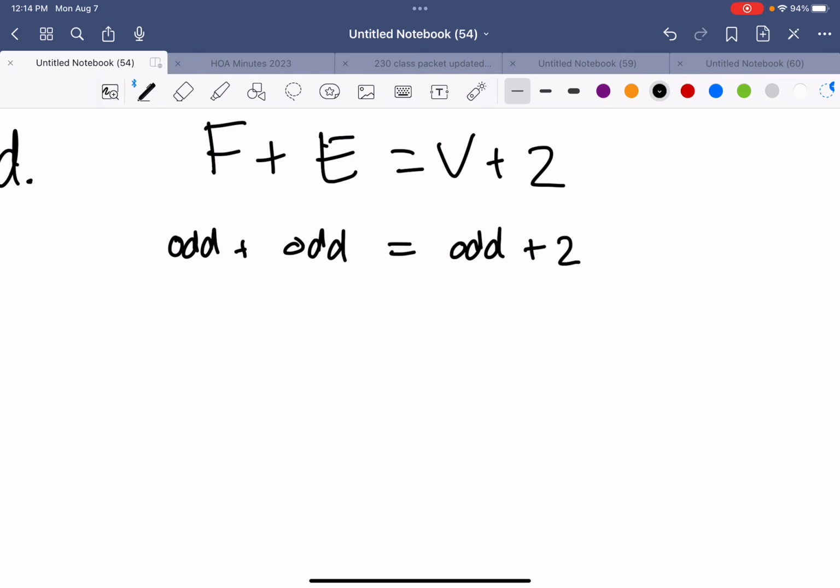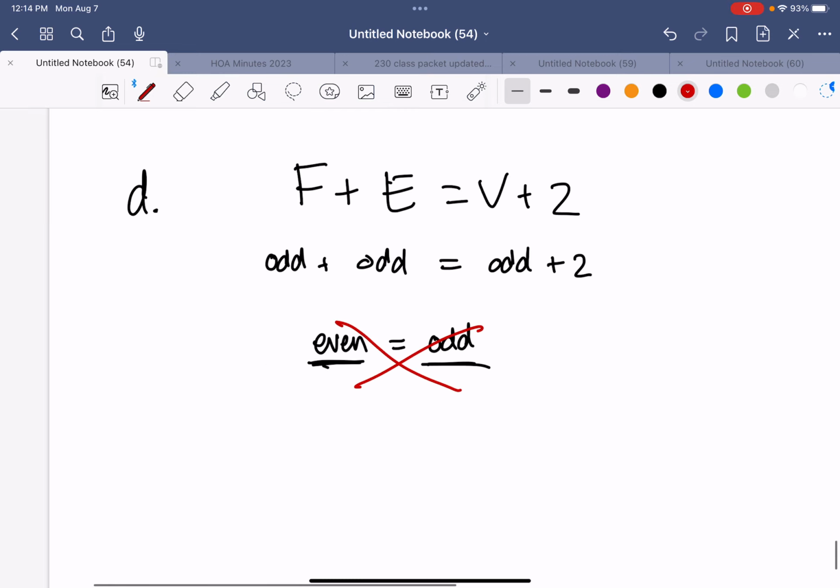So when you add 2 odd numbers together, they turn out to be even. When you take an odd number and you add 2, 5 plus 2 is 7, 7 plus 2 is 9, you get an odd number. And so that means you would have to have an even number that's equal to an odd number, and that's just not true unless there's 0. So you cannot have all 3 being odd for that very reason. So this problem purely uses your Euler's